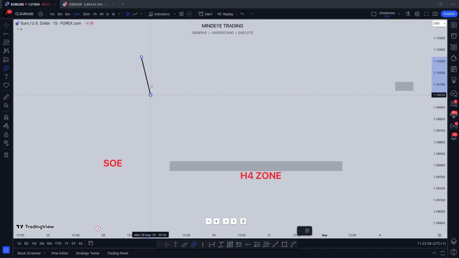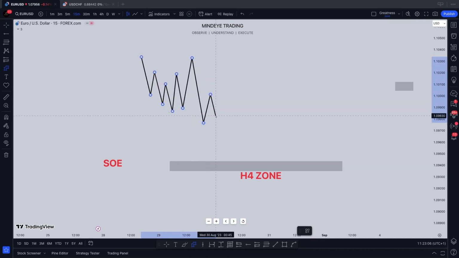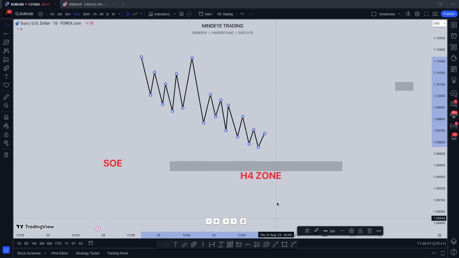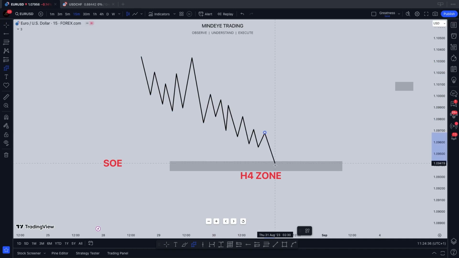Now the market is currently in a bearish trend, currently moving to the downside, and a lot of persons will be selling, including myself if I'm to be in this kind of trade or chart. Now while we are selling, you are patiently waiting for it to get to your 4-hour zone. So immediately it gets there to your 4-hour zone, what you would do is now wait for a change of character, which is usually formed by forming two lows and two highs.